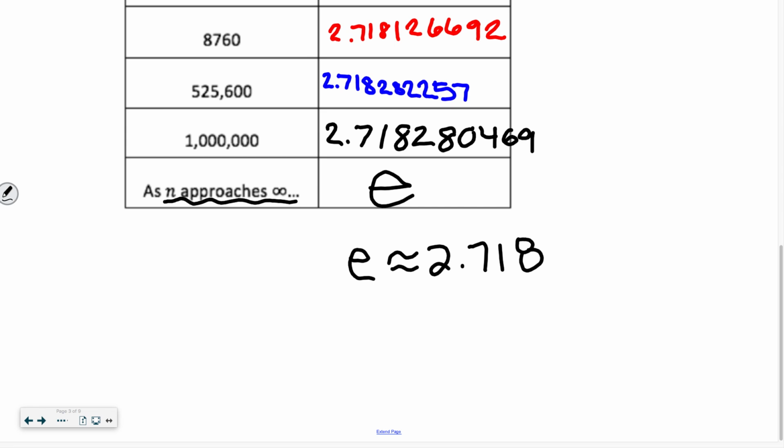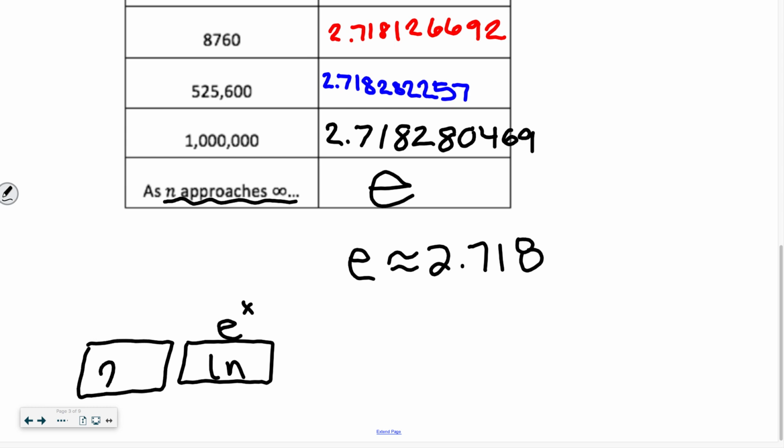Now, let's all find e on our calculators. Underneath the second button, if you go 2 down, there's a button that says LN. Above LN, it looks like e with a little exponent. Do you see that? So you do second LN, and then it will bring up e to the something. If you just want to see e, you raise it to the first, and it will give you this: